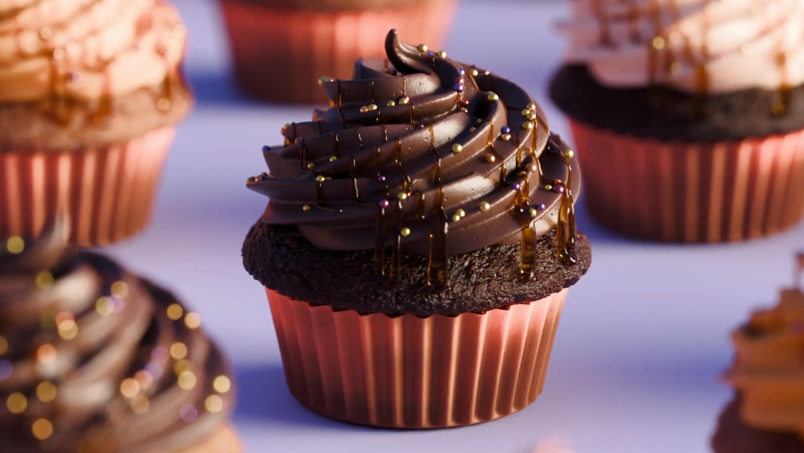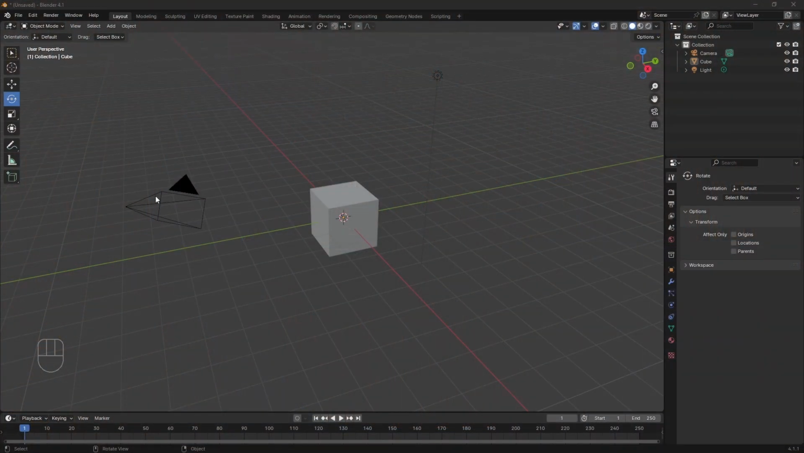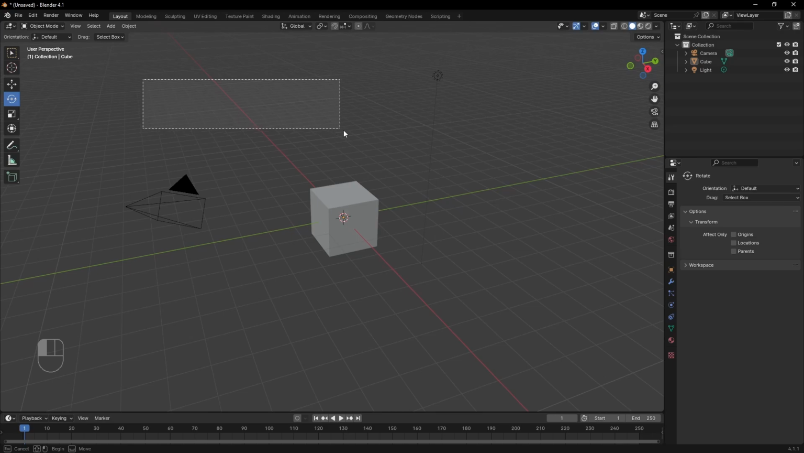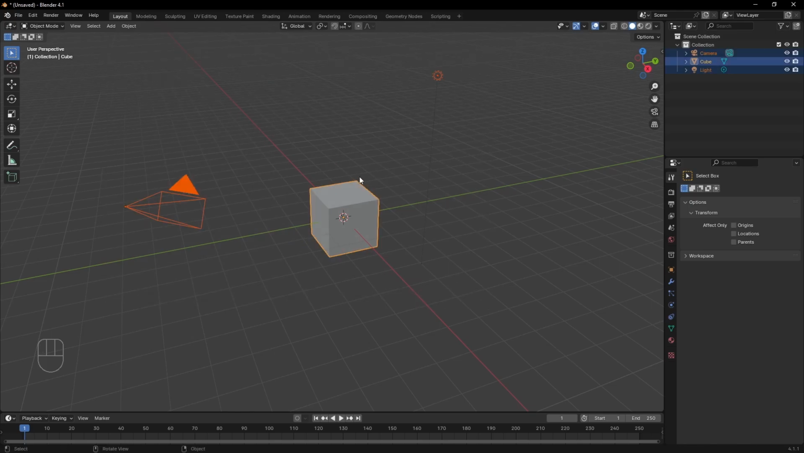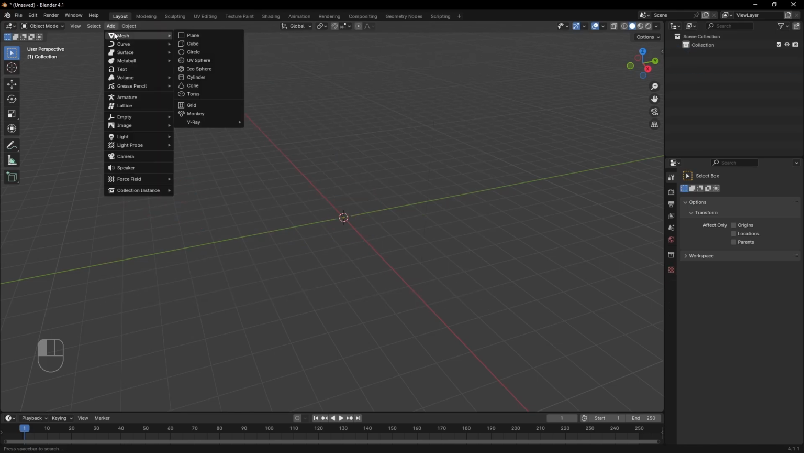Let's get started. Once you open Blender, this here is the main stage, the 3D viewport. It's where you make stuff. Right now there is some stuff in there, so let's just drag a box around everything and delete it with the X key. To create things on your own, you can either do it from the Add menu or by